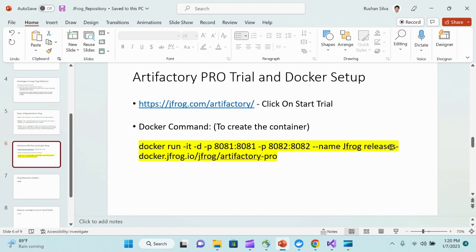So this is the Docker repository image that they have provided. Using this image, you can create yourself a Docker container and run it